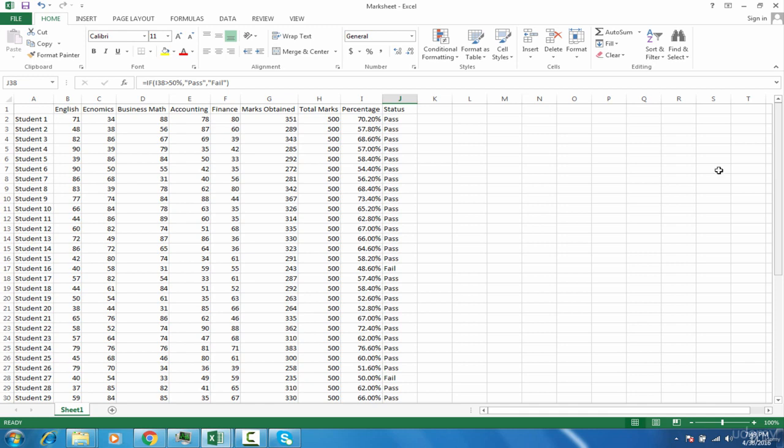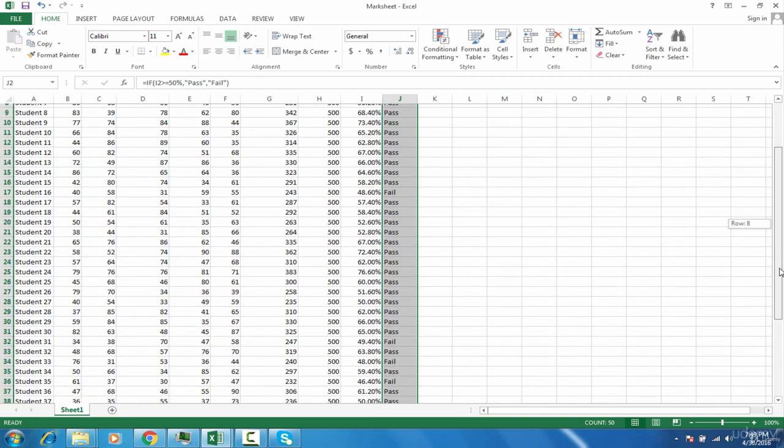Whenever you make the changes, you have to go to the first cell, just double click on that, and then you can write greater than or equals to. Greater than, after that you will mention equals to and enter. Double click to send it down, and then we will review